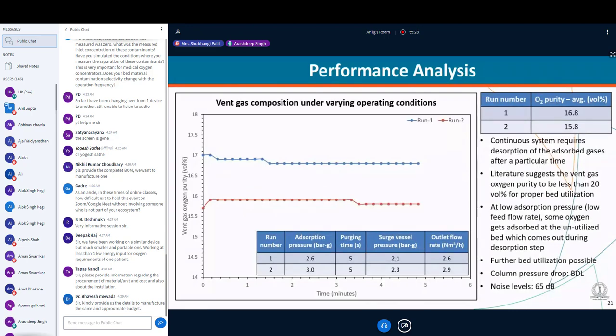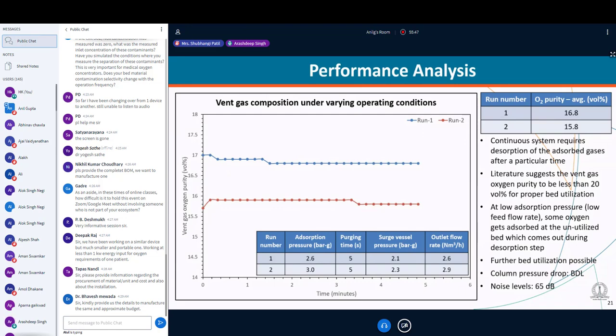So this graph is very interesting. As I was mentioning, if you just want to consider any gas separation system, there are basically 2 steps, if I ignore my other steps: adsorption and desorption. In the adsorption step, my nitrogen is getting adsorbed on the column. In the desorption step, whatever nitrogen is adsorbed is coming out to the ambient. This is going to be a continuous system, because you have 2 cylinders, and those 2 cylinders work in tandem in continuous mode to generate oxygen continuously.